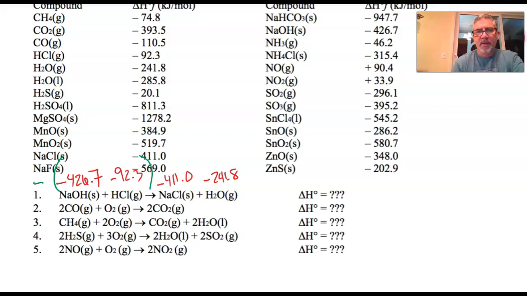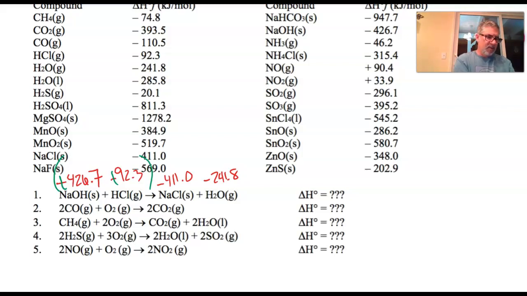The thing I was going to tell you earlier is, since these are all for products, you can simply make those positive and add it all together, and you get the right answer. All of these have a coefficient of 1, so you can simply add those together. So I get 420.7